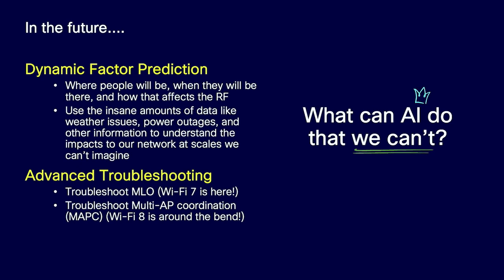Advanced troubleshooting? How many of y'all are looking forward to troubleshooting MLO? Today, by the way, plug for the Wi-Fi 7 shoot-off, the MLO test that we're doing. If you haven't seen MLO, it's working right now. And if you think that's cool, what about